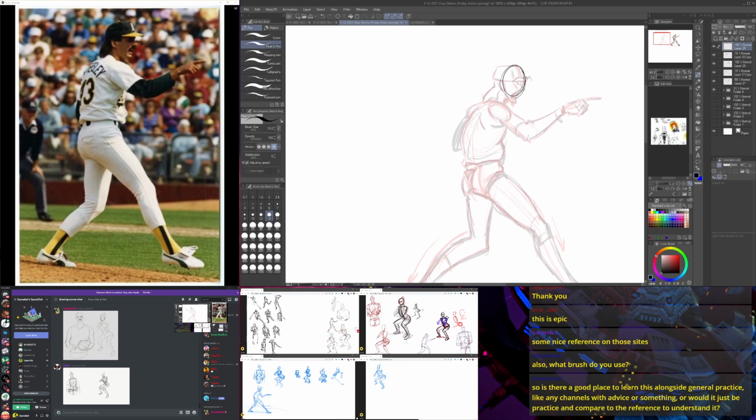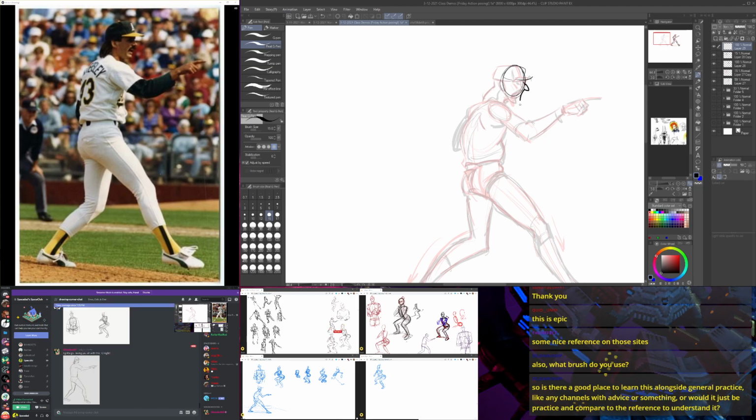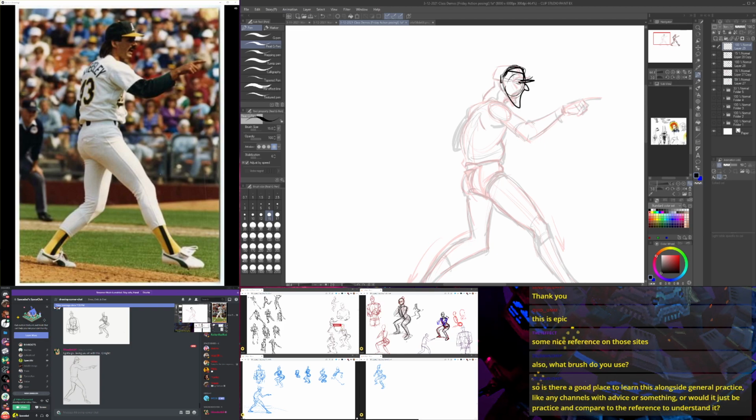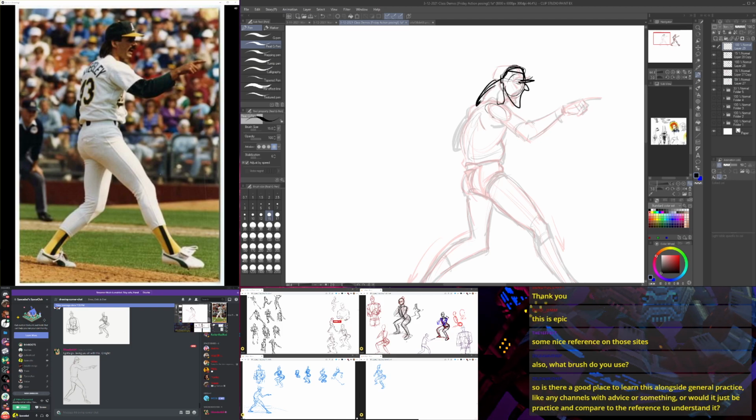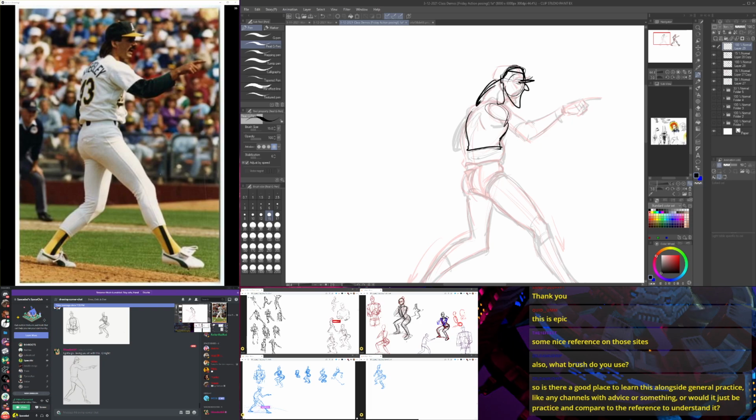Here's an example of how you might push things, like playing with proportions. For example, make his mullet a little bit bigger here. Should we make the torso smaller and the legs larger, maybe?